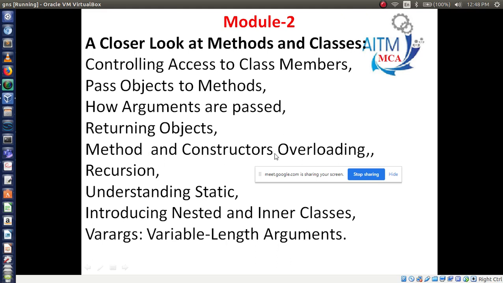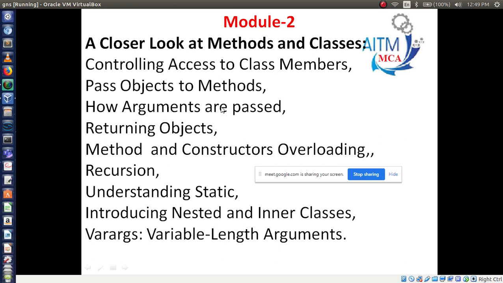We have also executed one lab program for method and constructor overloading. Then the next concepts are recursion, understanding static variables, and introducing nested and inner classes and varargs. This concept is very important. Varargs, method and constructor overloading, and how arguments are passed: these three concepts are very important in your second module.